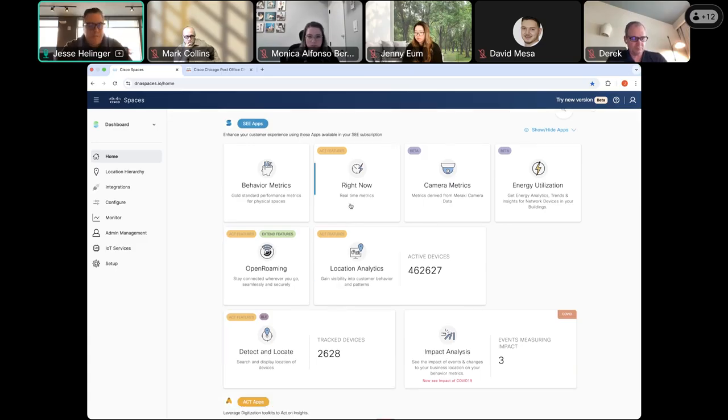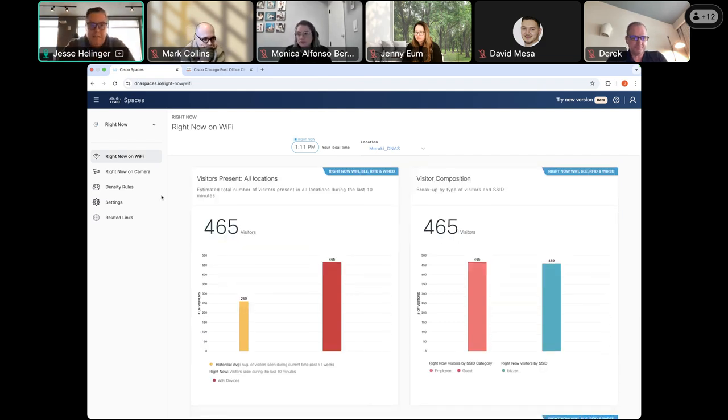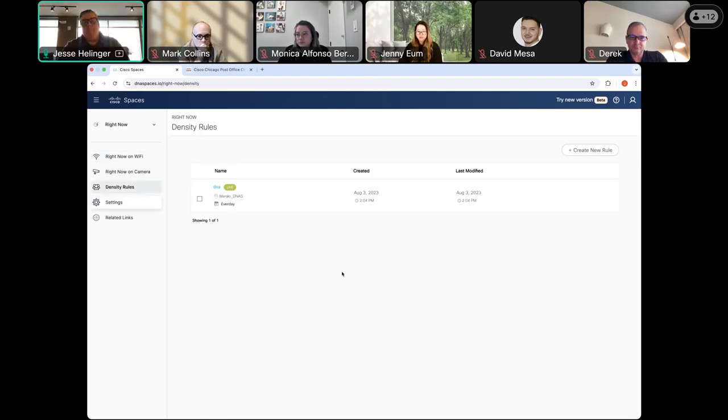I'm going to fly through some of these very briefly. I know we're at a small amount of time in order to speak to Spaces. So again, what we're doing is providing things like occupancy here. This is right now data, what's going on in our environment, how many people are in a particular location or building. We could get this down to zone level. We could set these density rules. So maybe a cafeteria is a zone. Hey, once the cafeteria hits a threshold of 90% or greater, we can automate a ticket to the custodial team, perhaps.